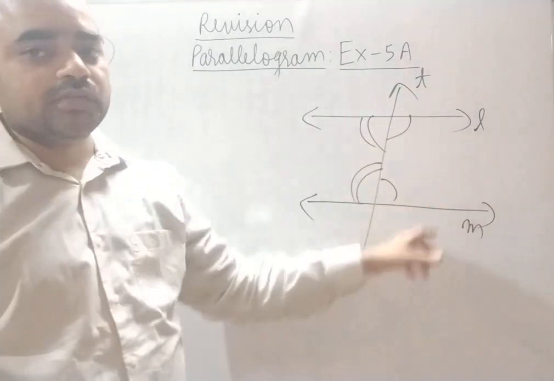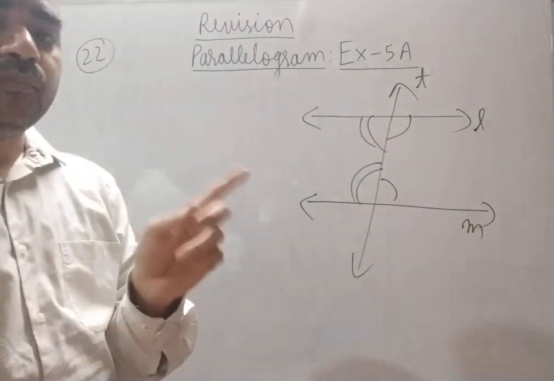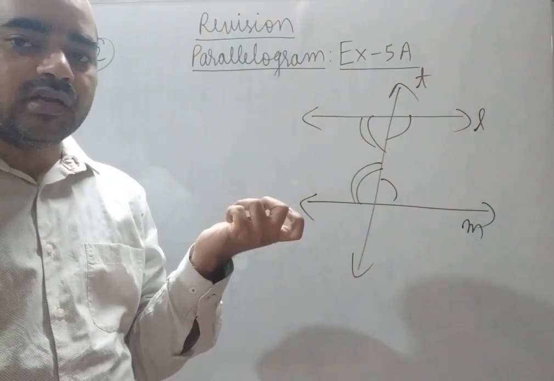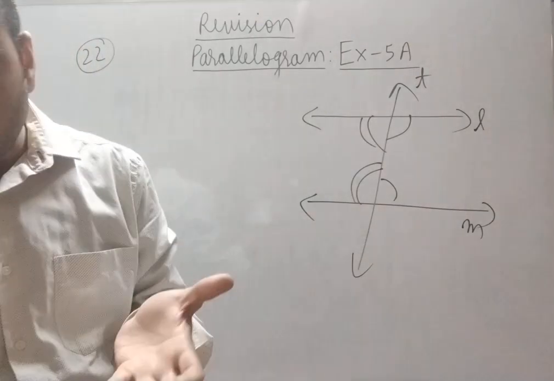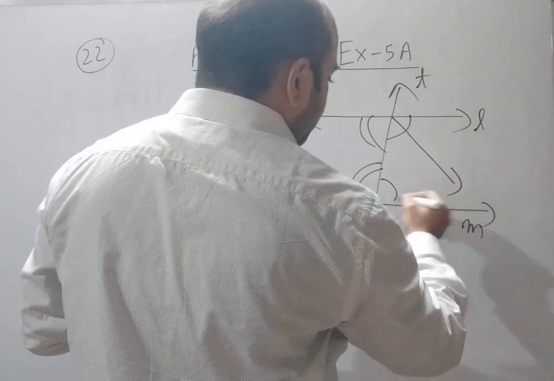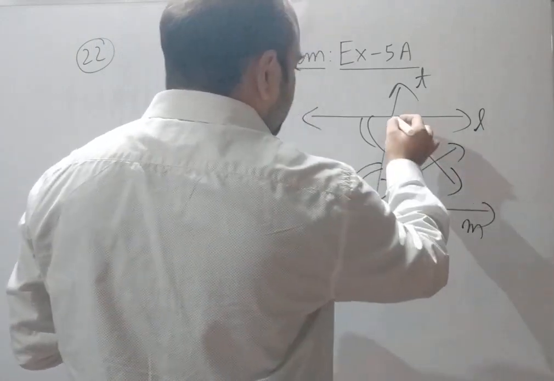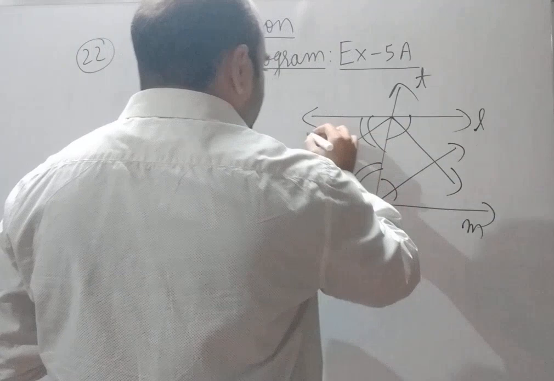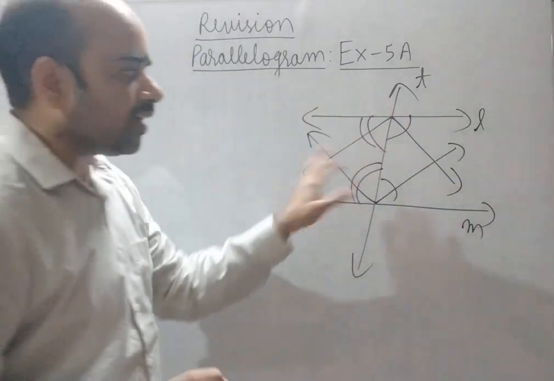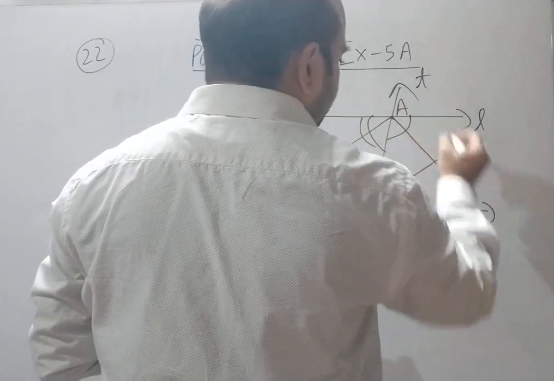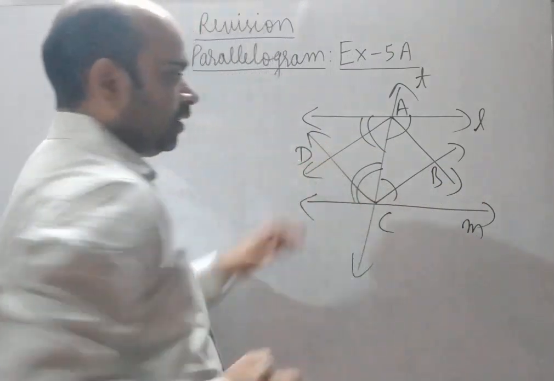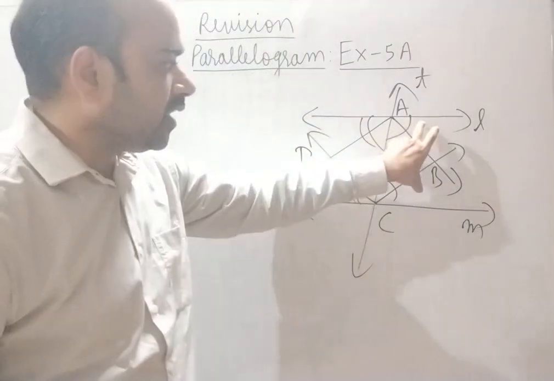So if a transversal intersects two parallel lines, we are getting two pairs of internal angles, interior to the parallel lines. Here the bisectors of both pairs of internal angles are intersecting to form a quadrilateral, and we have to prove that the quadrilateral is a rectangle. Suppose this bisector is here, this bisector is here, this bisector is here, and this bisector is here. Understood the diagram? So all are bisectors. Suppose this is A, this is B, this is C, this is D.